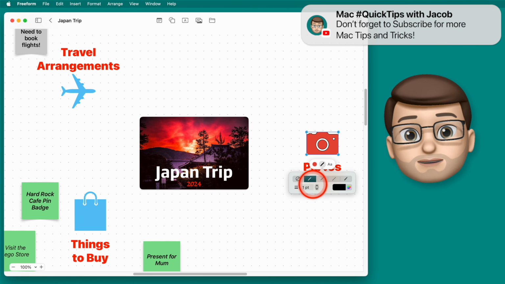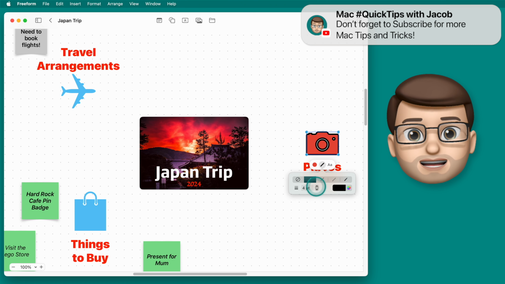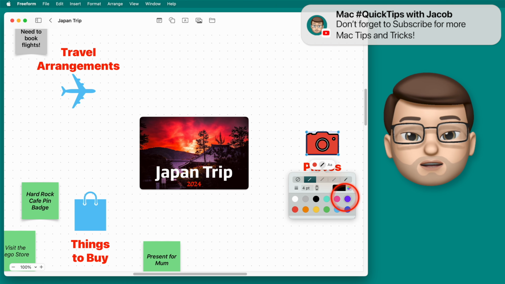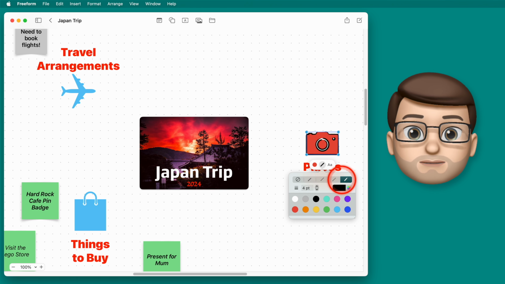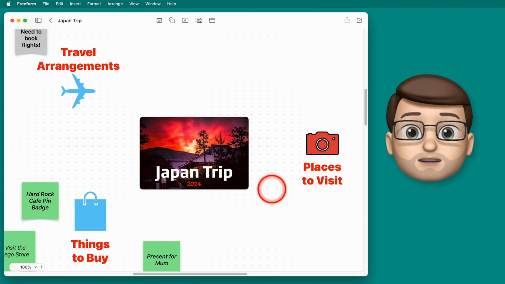Now on here you can change how thick your line is, you can change the colour of the line, and you can even change the style. Do you want a solid line, a dotted line, a dashed line, or a hand-drawn style? I'll spend a few moments tweaking how this looks, and now I'm pretty happy with how this graphic symbol looks